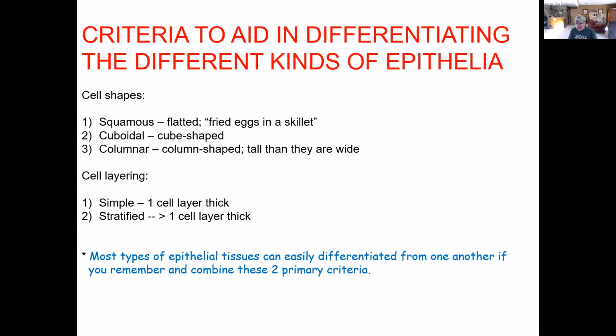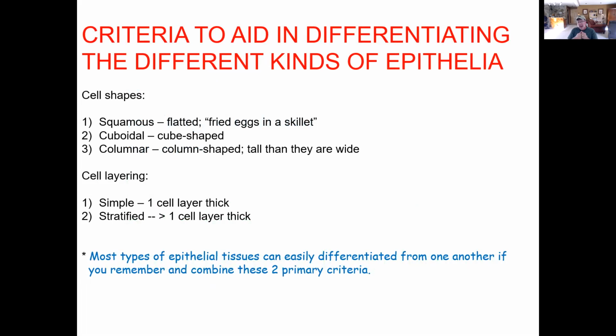They're very flattened and with a very obvious nucleus inside each cell. Or we could talk about cube-shaped, cuboidal epithelial cells. Or we could talk about columnar, cells that are taller than they are wide, as the name again implies. These are the three primary shapes that you're going to see with respect to the cells that make up epithelial